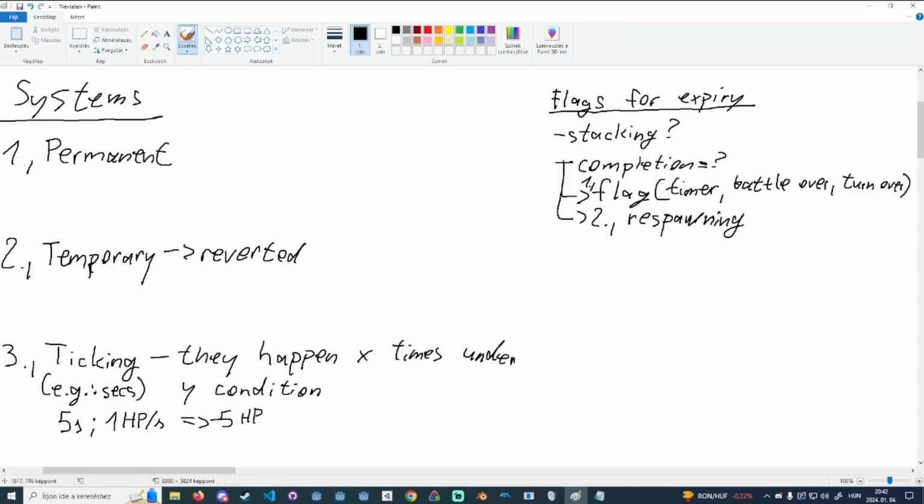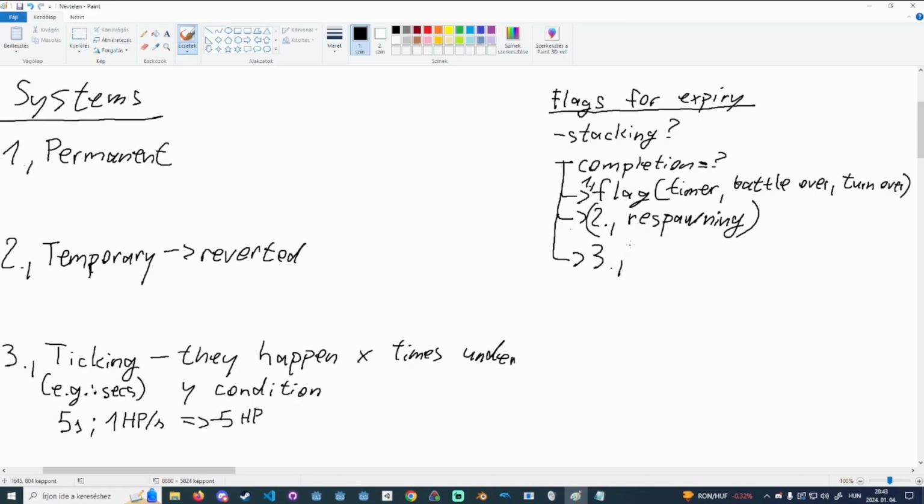But let's handle it a bit differently in our code base, because we keep the timestamp of when the certain character was respawned as a variable, and then once the debuff would expire, we just check if the respawn has happened since the beginning of the buff or debuff application, and that way we can just decide if we want to revert our effects, because when we despawn we also already remove some certain effects that are supposed to last while you are alive, and that can actually bring us to the flag of dying as well, right? So when you die you want to revert certain things, but